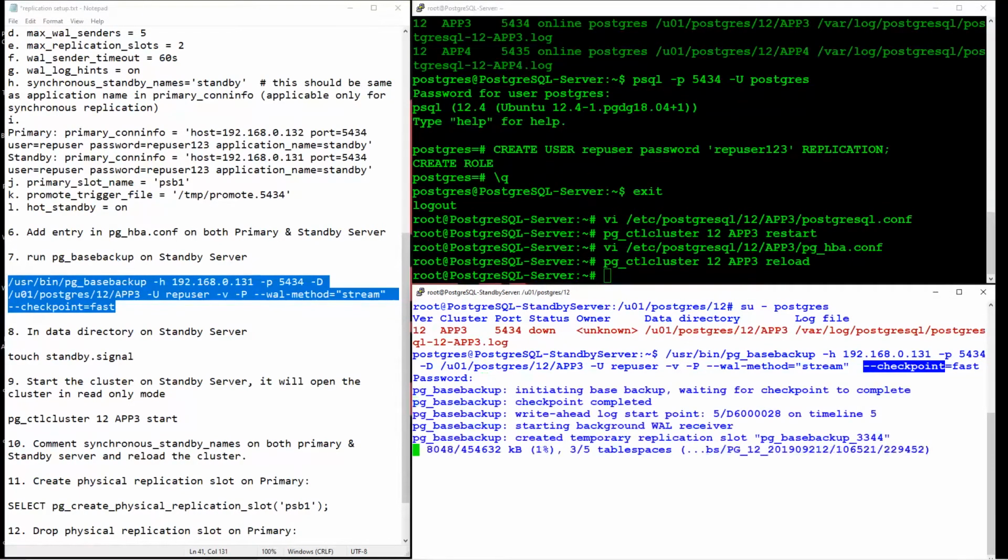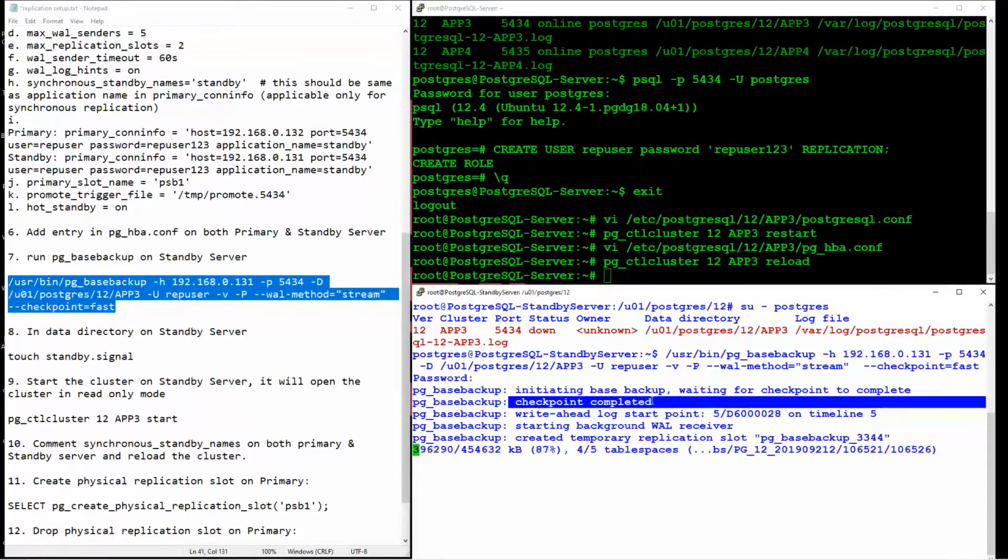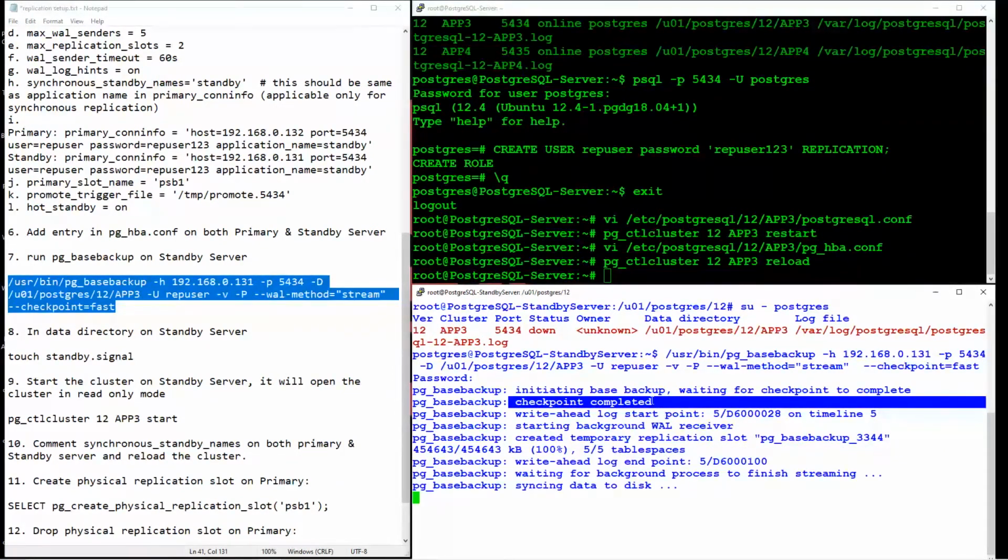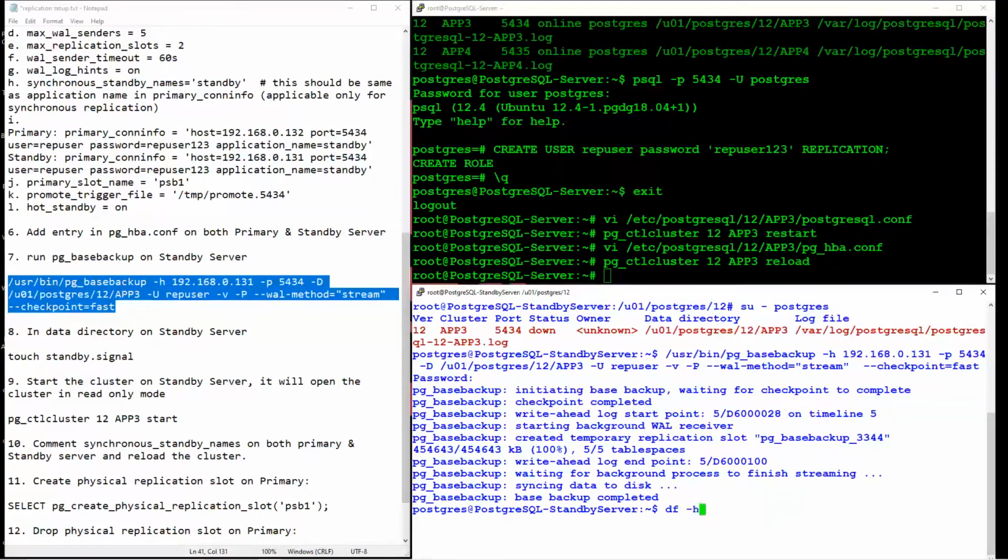See, it performed a checkpoint first there. So the backup is completed. Now here, let me show df -h and grep.